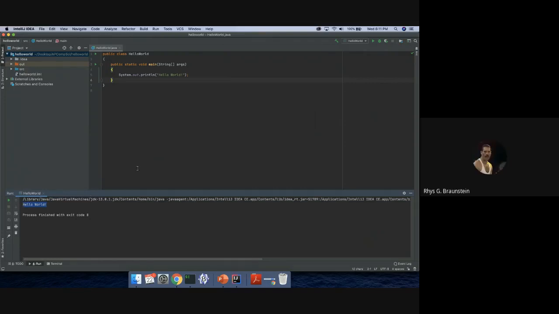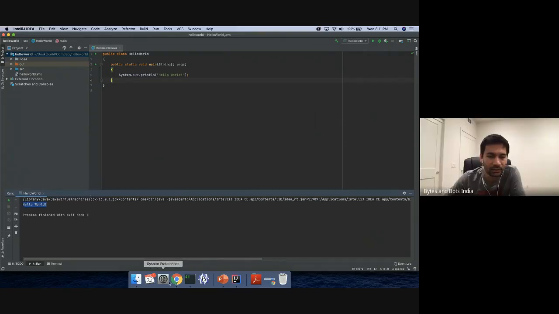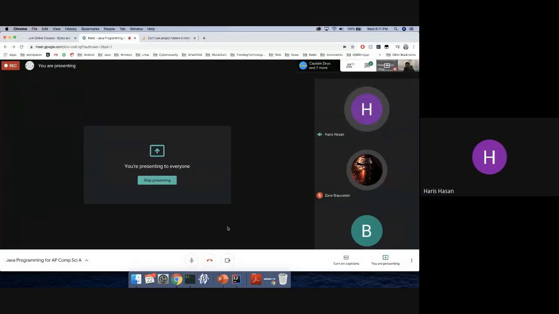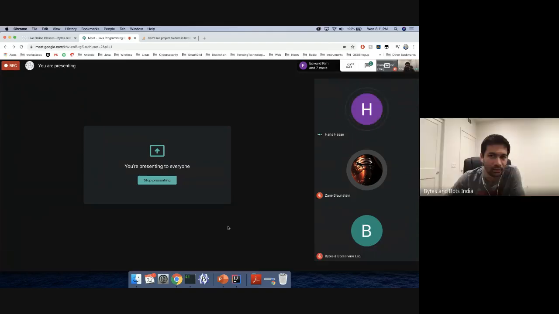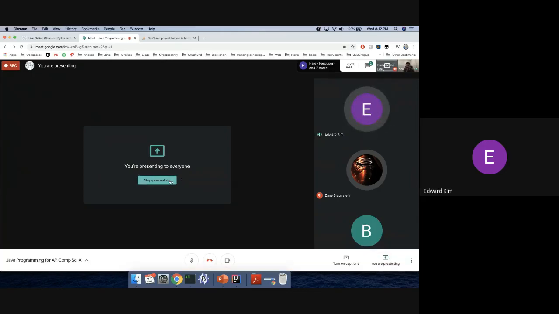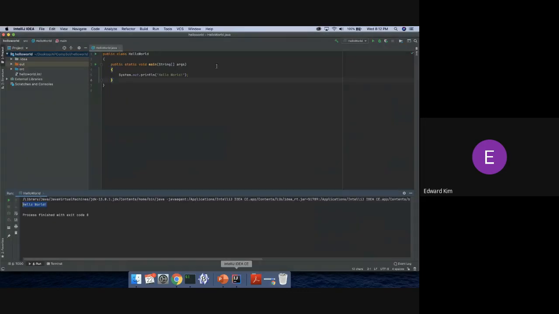It didn't give me a hello world thing. It did not print anything? It just says run and then 0 with a pencil saying edit configurations. Can you share your screen? Okay. Yeah, mine also just says run configuration, and I don't see hello world.